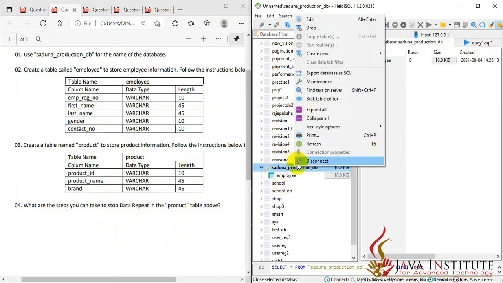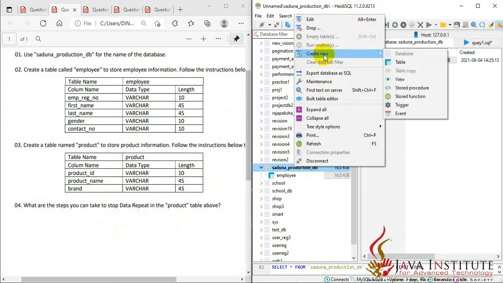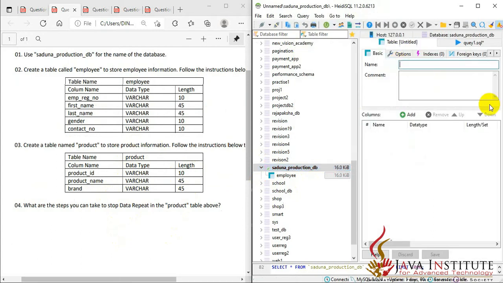You just right click on this database again, and go on to create new and click on table. Okay, our table name is product. Okay, table name is product. Now I'm going to add the columns. Okay, my first column is